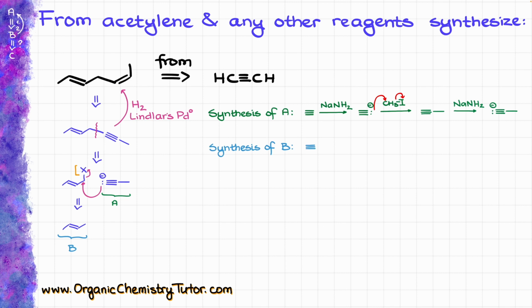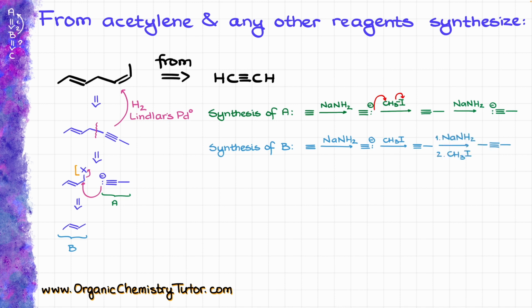We're going to take the acetylene, deprotonate it, making the corresponding acetylenide ion, just like in the case above. Then I'm going to treat it with methyl iodide, giving me propyne, again just like in the case above, but then I'm going to do it one more time to add the second methyl group to my molecule